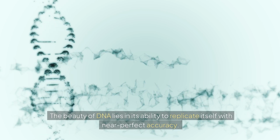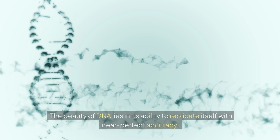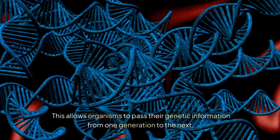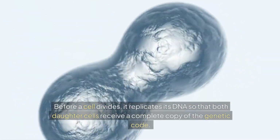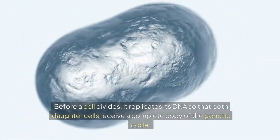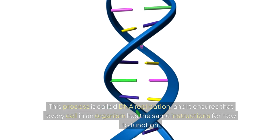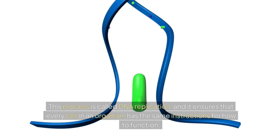The beauty of DNA lies in its ability to replicate itself with near-perfect accuracy. This allows organisms to pass their genetic information from one generation to the next. Before a cell divides, it replicates its DNA so that both daughter cells receive a complete copy of the genetic code. This process is called DNA replication, and it ensures that every cell in an organism has the same instructions